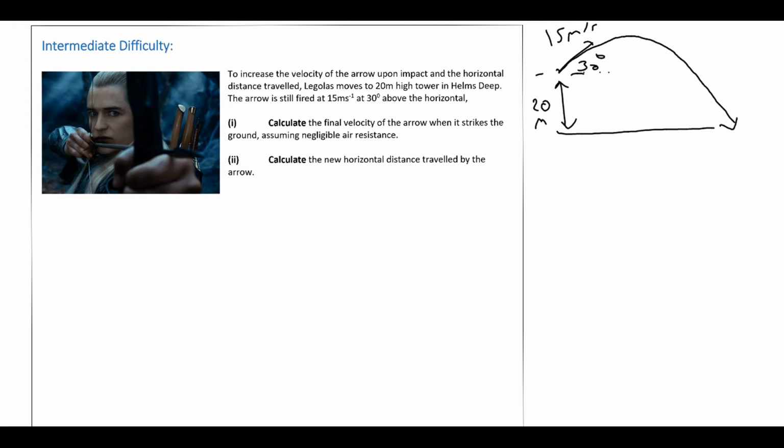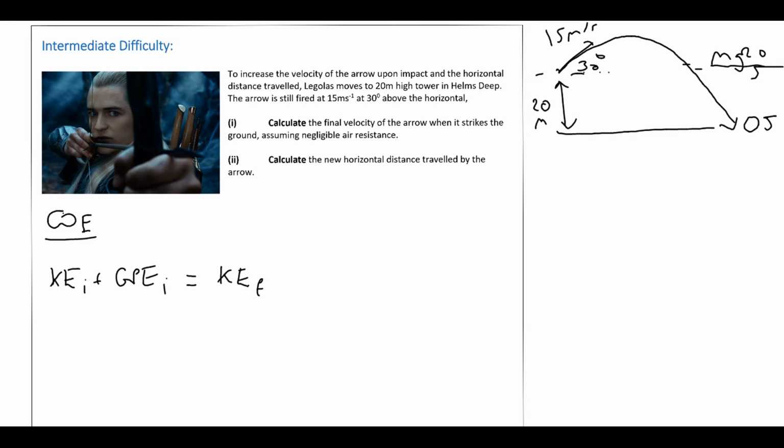So the final velocity we're going to actually do using conservation of energy. So applying conservation of energy, or CoE for short, initial kinetic energy plus the initial gravitational potential energy is going to be equal to the final kinetic energy. So what we're going to do is use the ground as a 0 joule line, and then obviously at 20 meters it's got gravitational potential energy of mg20 joules there. So our 0 line is going to be the ground,